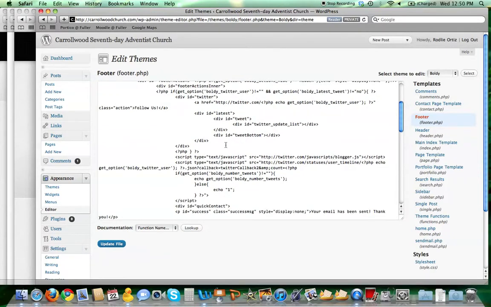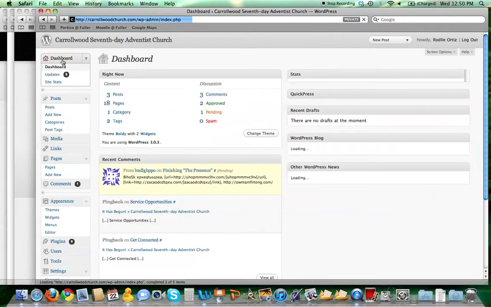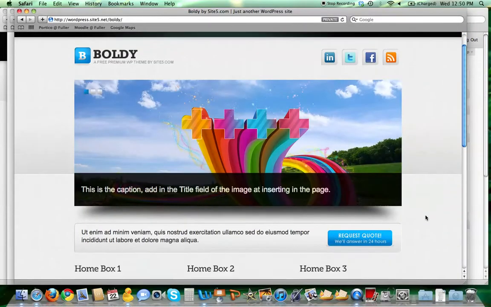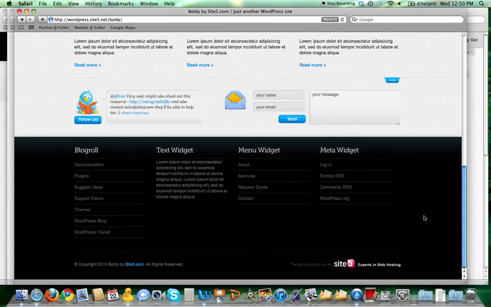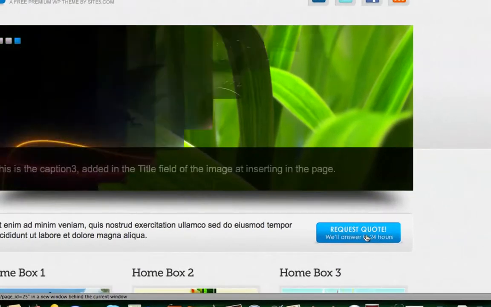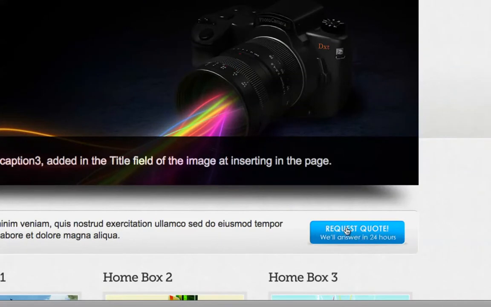I already got rid of mine, but you'll see a little sentence where it basically has that in there. So you can basically just delete that line, and you should be good to go. It's really not too complicated. Now another thing I wanted to know was, how can I replace this